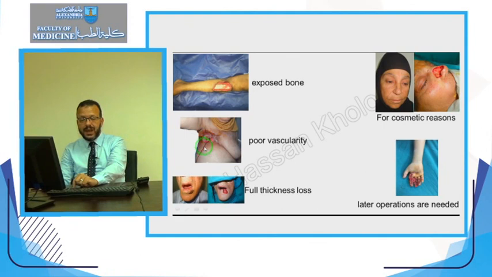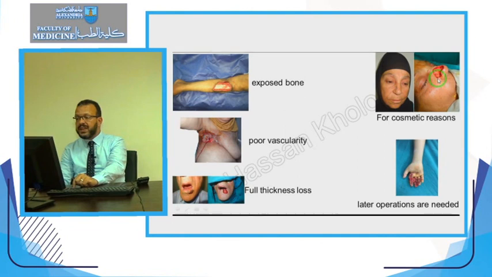This is an ulcer, a post-irradiation ulcer on irradiated skin. So this bed has a poor vascularity. I cannot apply a skin graft here because it will not get its blood supply from this poorly vascular bed. So I'll have to apply a flap. Full thickness loss of the lip following squamous cell carcinoma excision has to be reconstructed with a flap.